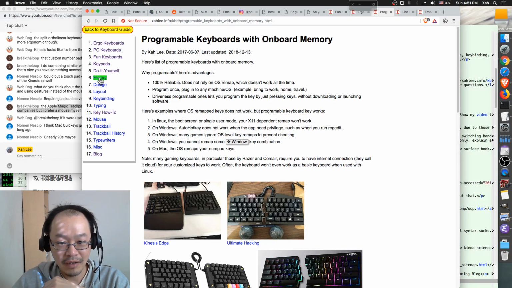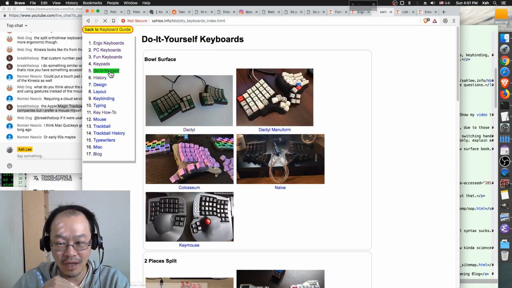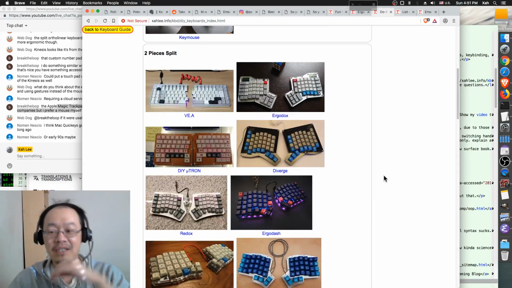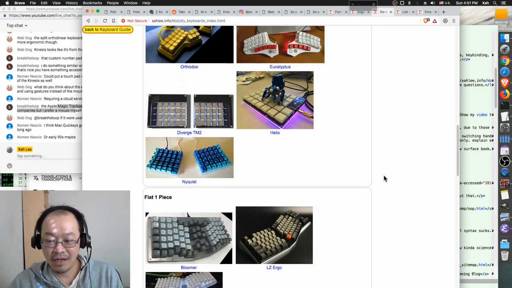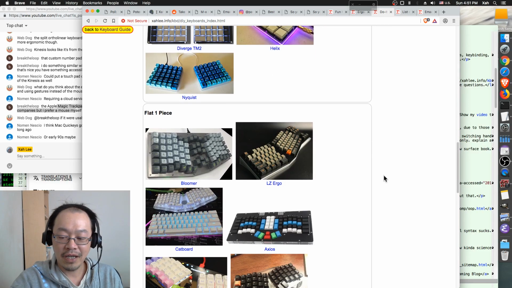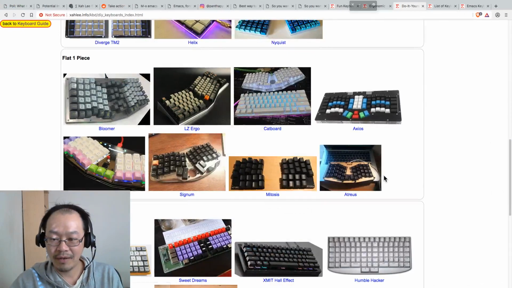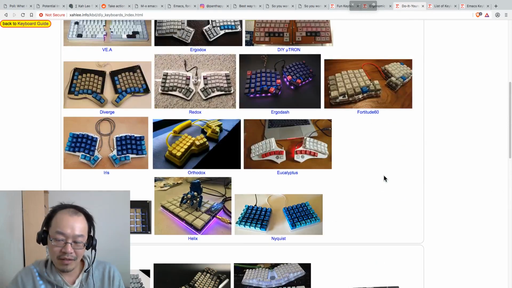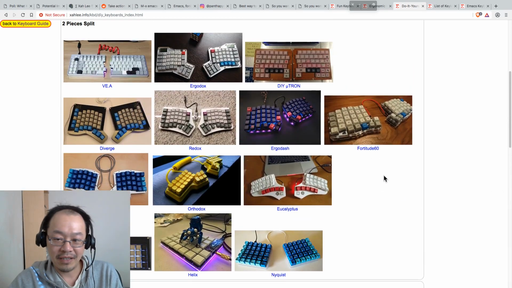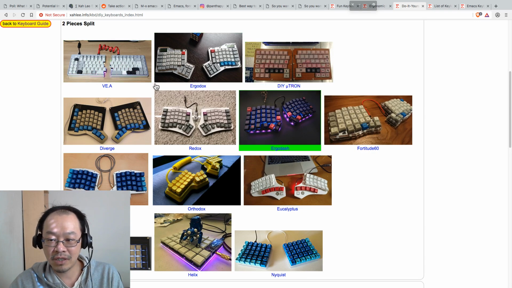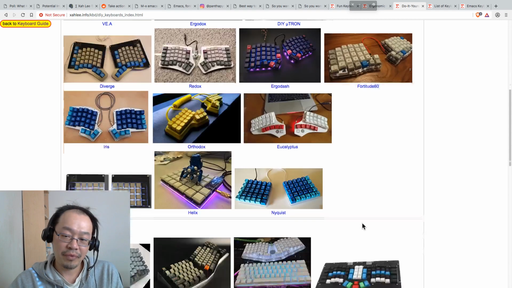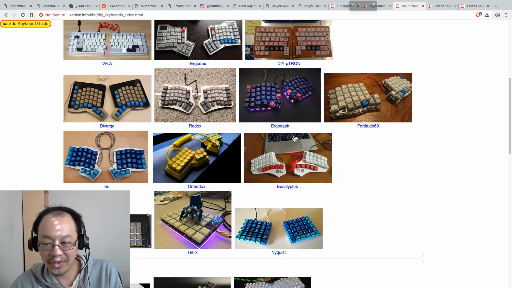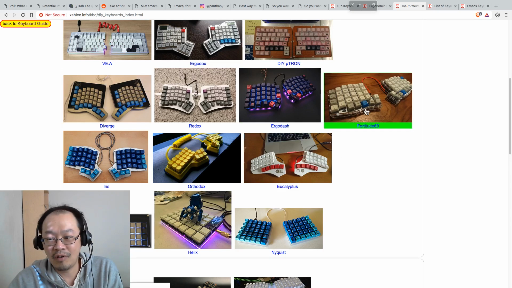So okay, let me go. Do-it-yourself keyboards. There are so many varieties now that I basically stopped updating this page. Let's magnify, because they are endless. Basically, all the major key design shapes are already out there, and different people can still create minor variations, but it's almost the same.